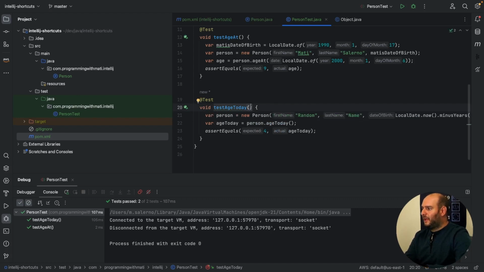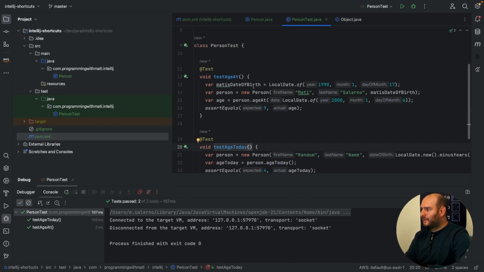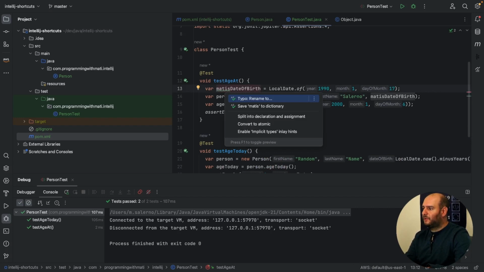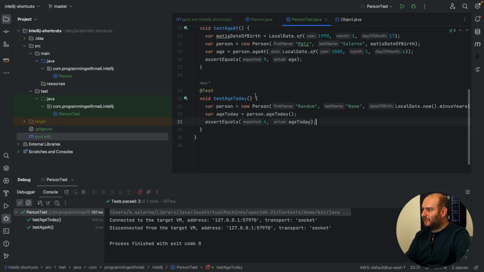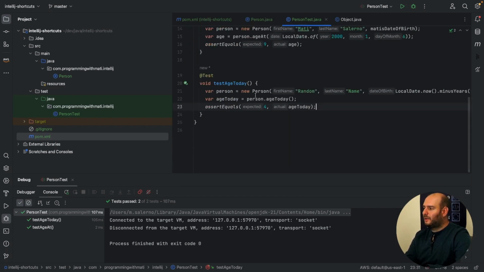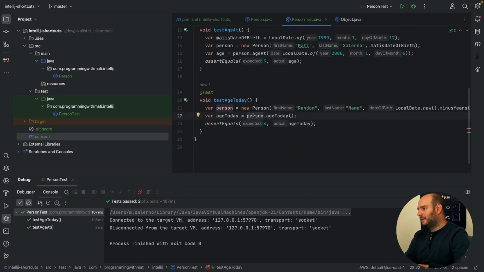It can suggest, for example, corrections on typos. I mean, there's so much that you can do with only one shortcut. You can create new methods, new classes. So it's just amazing. So now we're going to